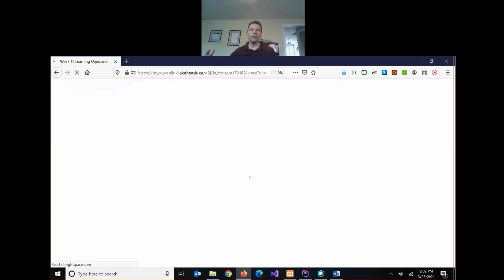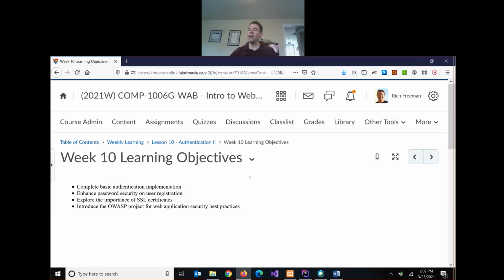We started last week implementing authentication. We created register and login. We talked about sessions and cookies. We talked about hashing and encryption. And we set up functional register and login pages. But we didn't complete things. For example, there's no way to log out. We haven't actually added a security check. All our pages are still public. And then we also need to talk about a few other things around